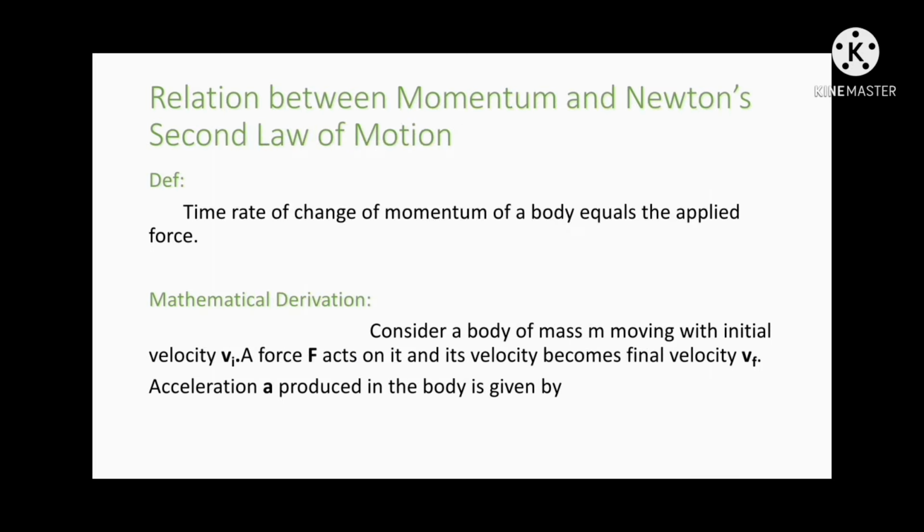Now, if we talk about Newton's second law of motion, which is also known as the law of acceleration, then according to this law, when a net force acts on a body, it produces acceleration in the body in the direction of force. The magnitude of this acceleration is directly proportional to the net force applied and inversely proportional to the mass of the body. If you want further explanation of Newton's second law of motion, then click on this pop-up banner and you will get the video in which Newton's second law of motion is completely explained.